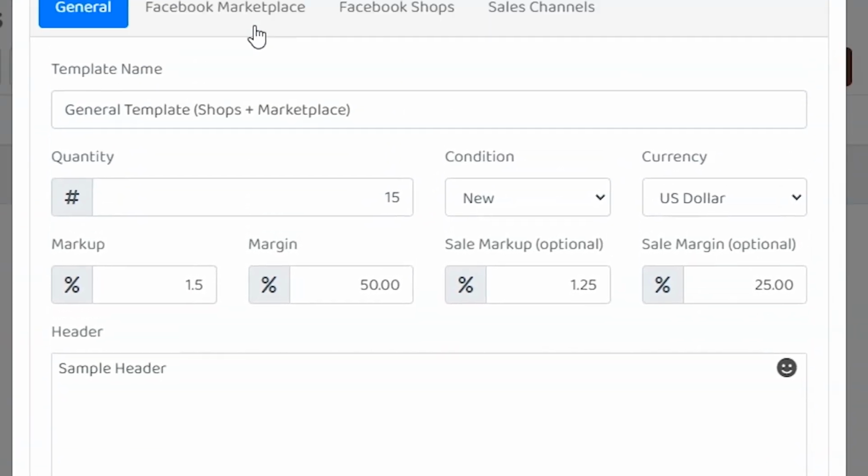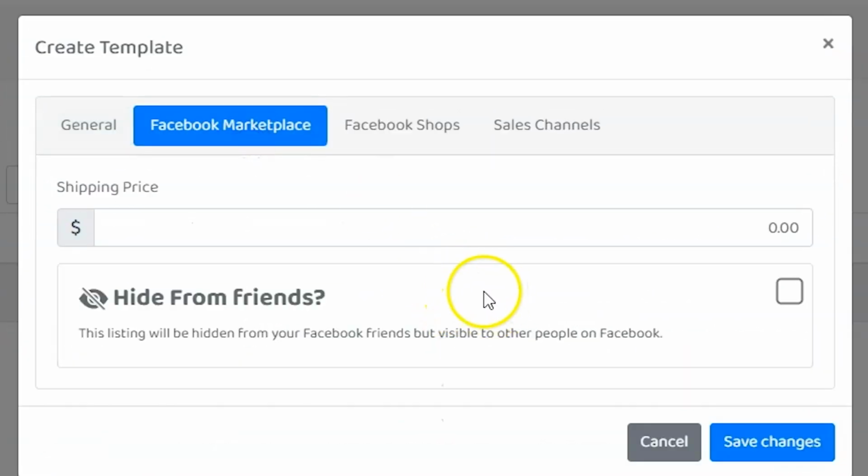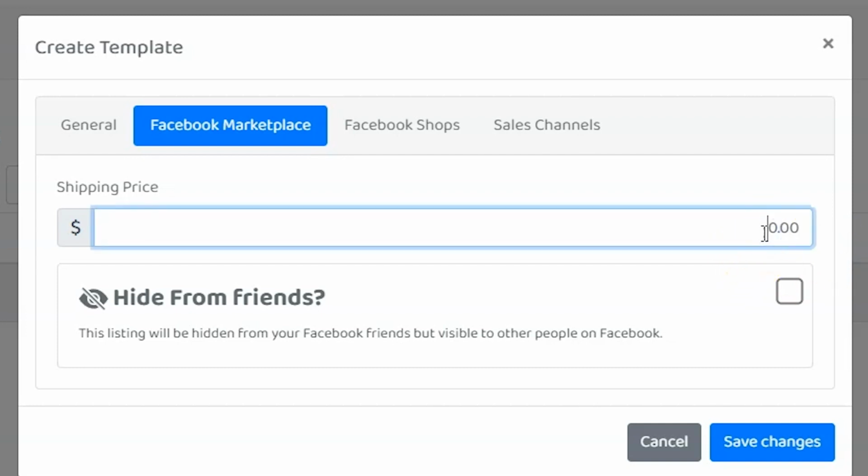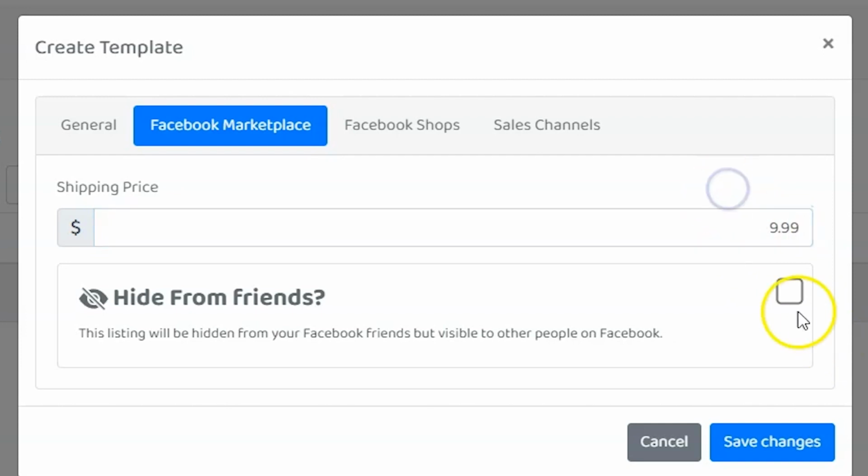So next you have your Facebook Marketplace section, right? So here you can leave everything blank if you're not selling on Facebook Marketplace, and you don't have to worry about it. But if you are selling on Facebook Marketplace and you want this template to go to Facebook Marketplace, then you can add on a shipping price, and then you can also have that hide from friends checked off.